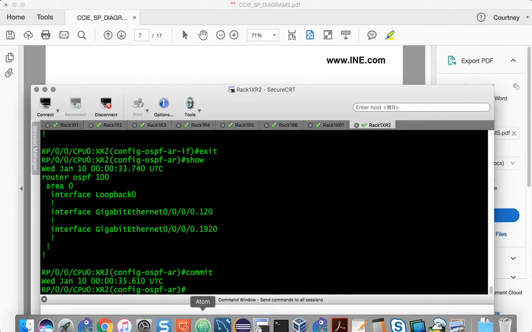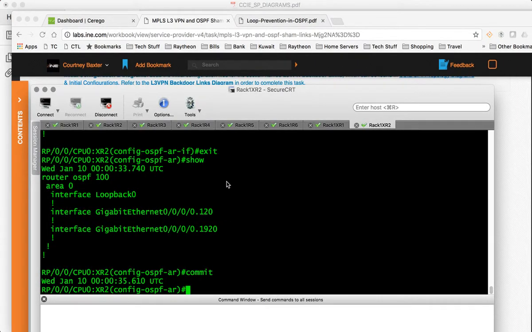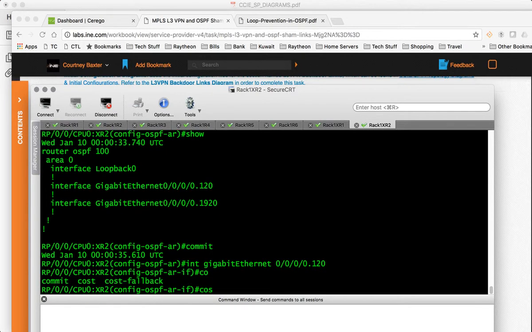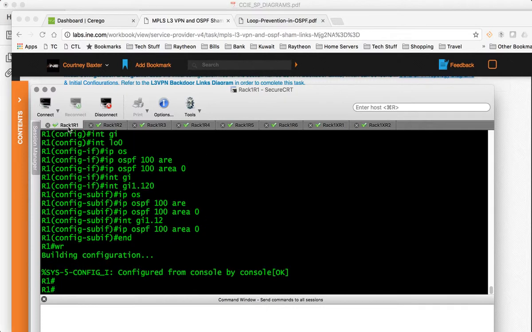And I think there was another step. Let's go ahead on the CE since we're on here. Modify the link between R1 and XR2 to have a cost of 100. So we can go ahead and make that happen now. So on interface gigabit 1.20, we'll call this cost 100. And then R1,